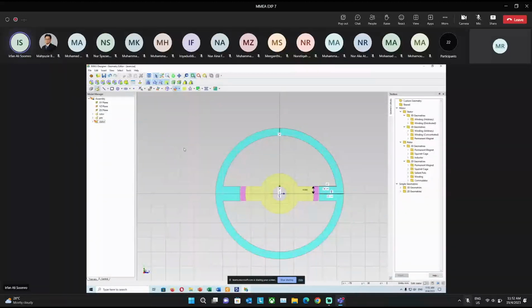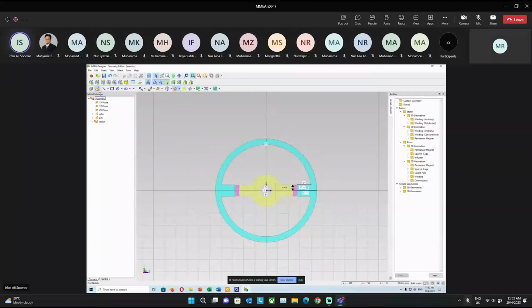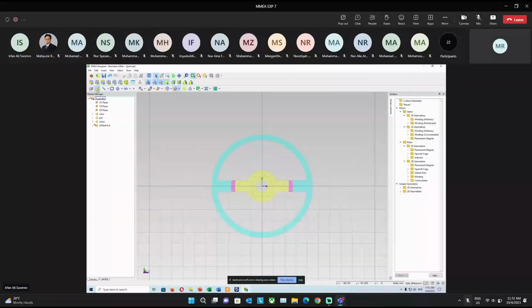So now our final part is the armature coil. So again we will follow similar steps. Create a 2D sketch. Right click, go to properties, and name it armature coils. Then we'll change the color also, and then